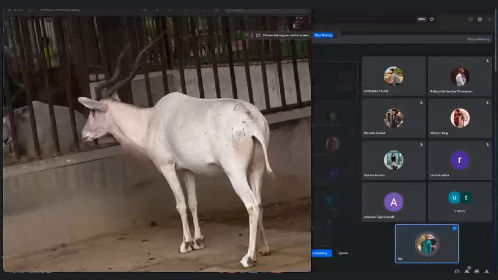It's just a game before we start class. I put up a picture of an animal like what you are seeing on my screen right now. You have to give the name of the animal and the sound, or their description, the sound they make. Okay, no problem.